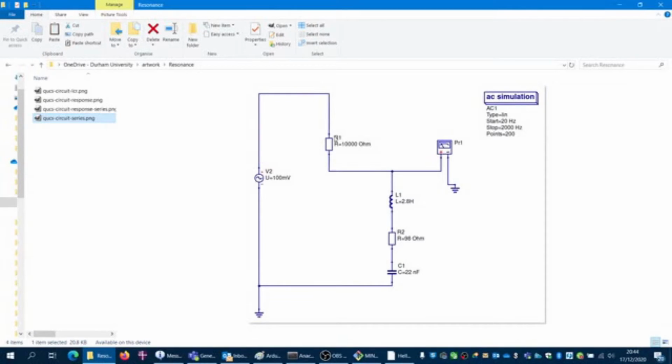So the series case, I guess we can have a look at. We'll feed it with some audio signal from the laptop here. What should happen is that as you approach resonance, the impedance of the inductor, forgetting about R2, will be the same as the impedance of the capacitor. The same current will be flowing through both of them because they're series connected, but the voltage across this one will be 180 degrees out of phase with this one, and so because at resonance the reactances are equal, there will be 0 volts across here, and this essentially will be pulled to ground at resonance. So you will find a graph that would generally dip at resonance and then rise at the other side,